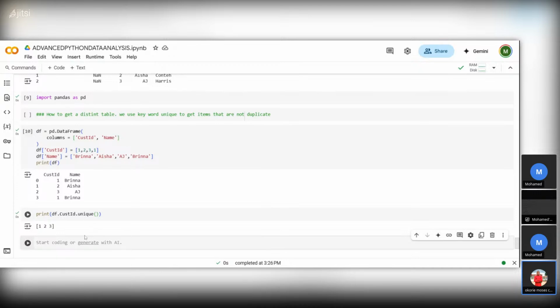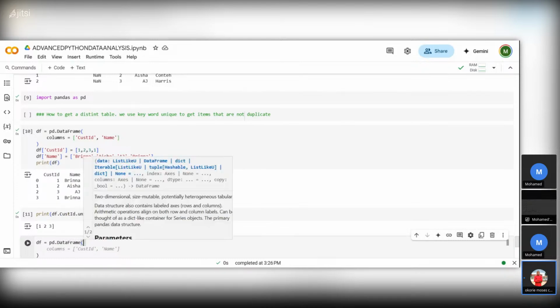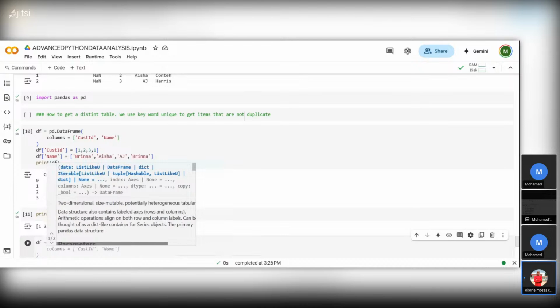So now we want to check for the count of a distinct value. Let's create a data frame. I want us to always create a data frame. I want you to master how you can create a data frame. So df = pd.DataFrame and columns. Remember to use the small letter c in columns. Then you use the